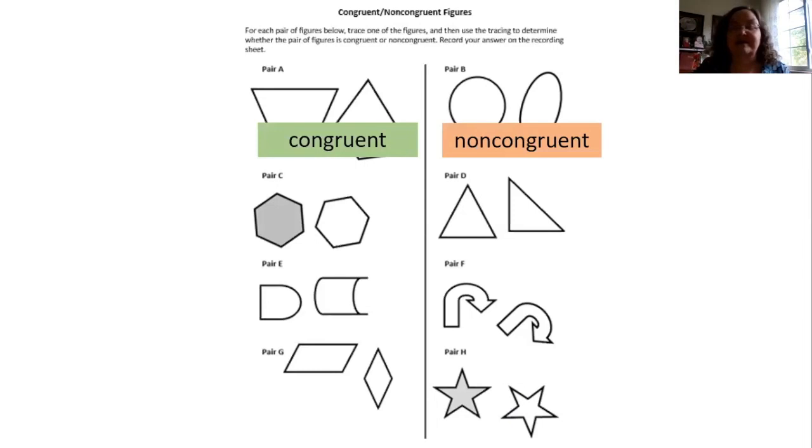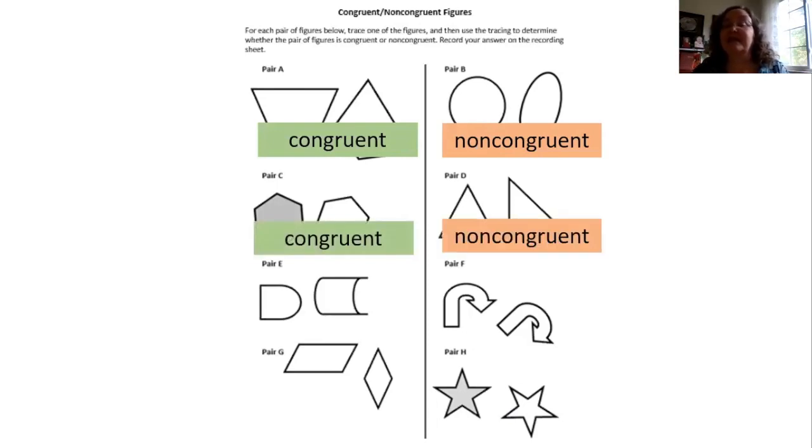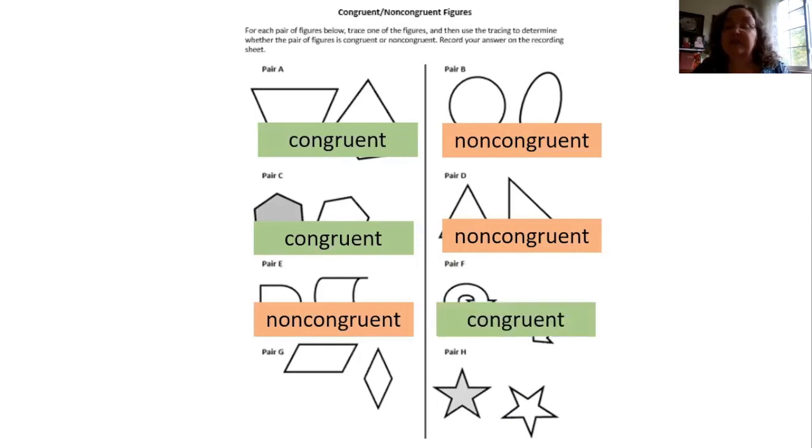They are not the same size and not the same shape. Pair C is congruent. Pair D is non-congruent. Pair E is non-congruent. Pair F was congruent. It was just turned a little bit. Pair G is non-congruent. And pair H is